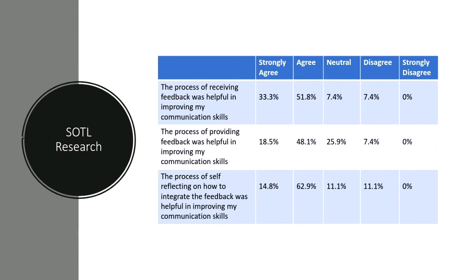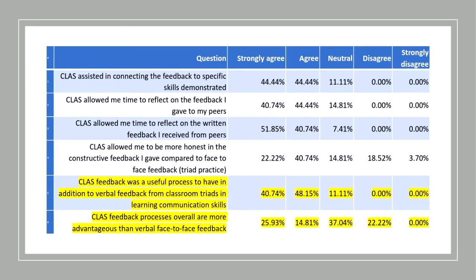However, our students did give us some information through the surveys, and they told us that overall, they found that giving, receiving, and reflecting on their feedback was helpful in their learning of the skills. They also told us that the written peer feedback assignment helped them connect the feedback to the specific skill that they were demonstrating. It gave them time to think about the feedback they were providing to their peers, and they liked the written feedback assignment in addition to verbal feedback, but it was really divided as to whether or